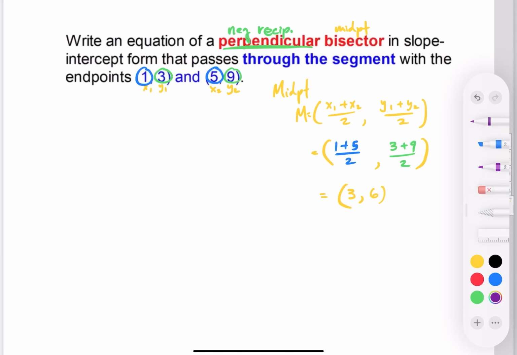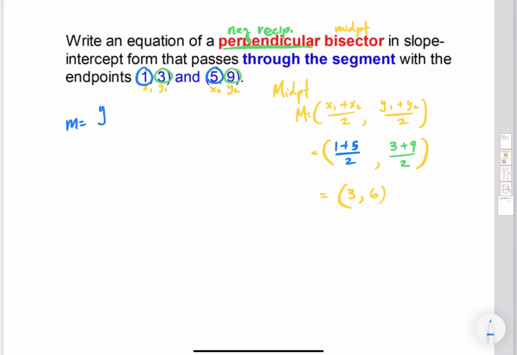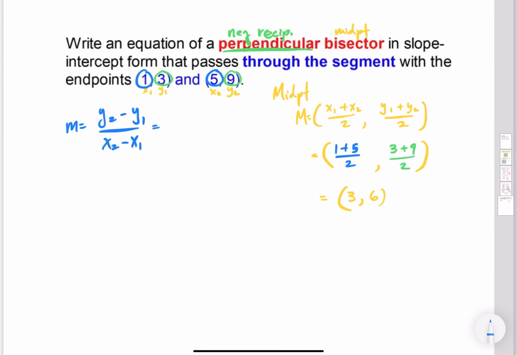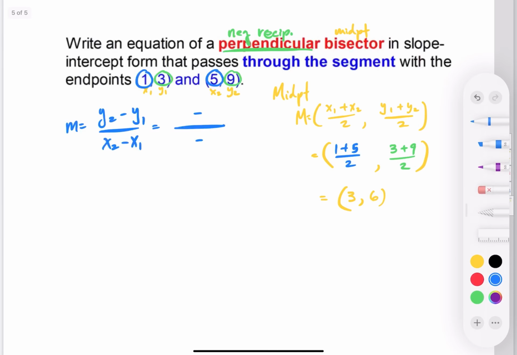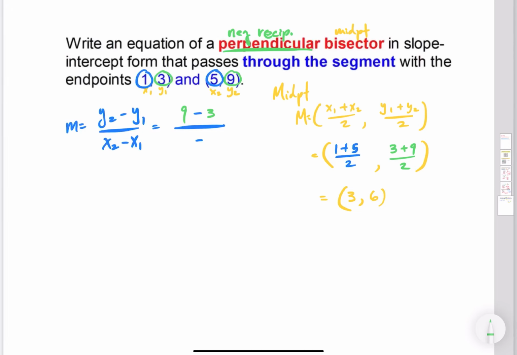We also need to figure out, well, what is the slope of our line? And we know that the slope of our line follows the formula y2 minus y1 over x2 minus x1. And we're going to use those same 2 points. So I'm going to go ahead and draw my fraction bar and the minus signs in the numerator and the denominator. And again, I'm going to do the same thing. My y2 is 9 minus y1, which is 3, over x2, which is 5, minus x1, which is 1. So if we calculate this, we know that the slope is going to end up being 6/4,